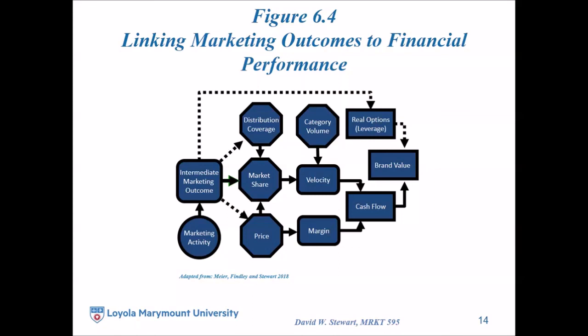Sometimes I can operate on the category. How big's the category? Can I get people to buy more of the product? Can I get people to use it more often? There are a variety of marketing campaigns whose purpose is that. Got milk? They're not selling a brand. What they're trying to do is get you to drink more milk, make the category bigger. As you can see, there's just a relatively small number of metrics that we need in order to estimate cash flow.